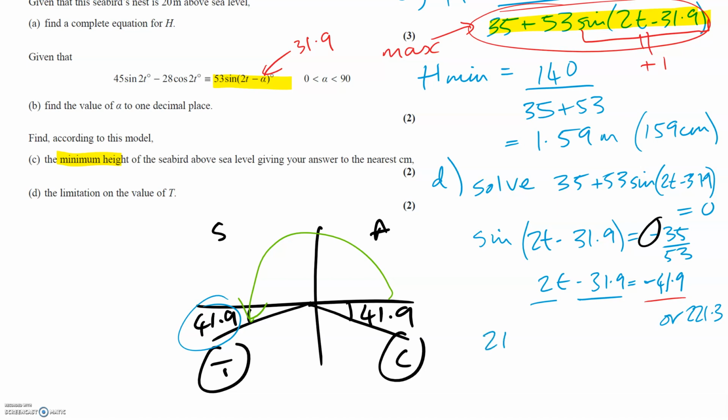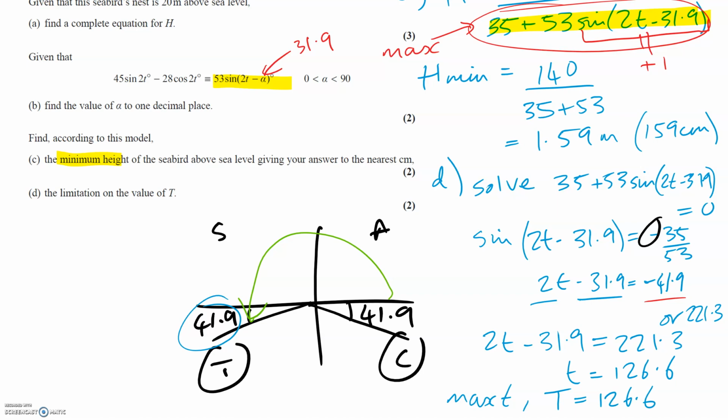So that gives us 2t. So that means 2t minus 31.9 equals 221.3. So if we rearrange this to get t on its own, I got t to equal 126.6. So I think that is the maximum value. So the maximum value of time, in other words, that's capital T, would equal